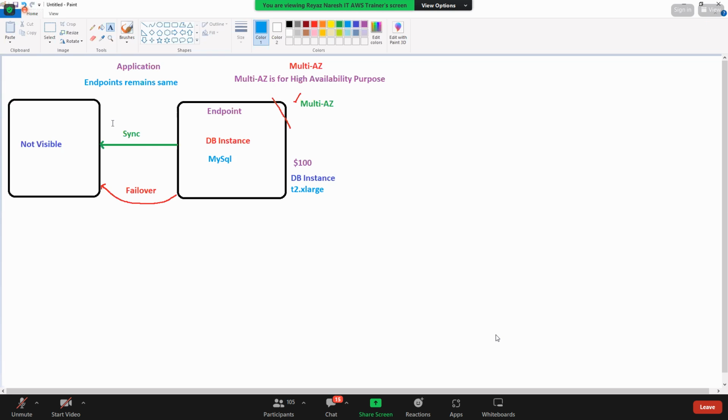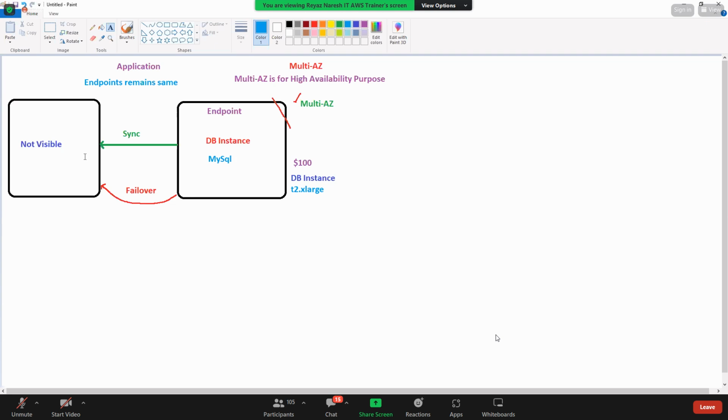If the endpoint is the same, then how do we specify whether it is multi-AZ or a direct connection to the DB? So guys, here I'm talking about the backend, how it is happening. Do we need to worry about whether it is getting changed or not?